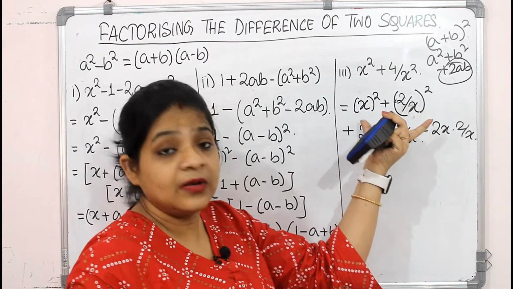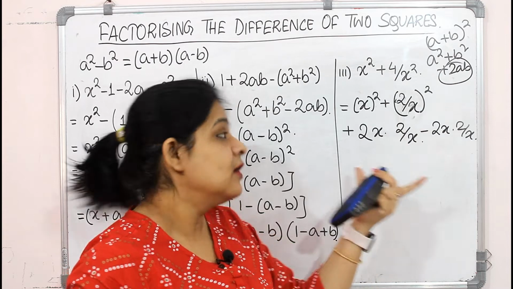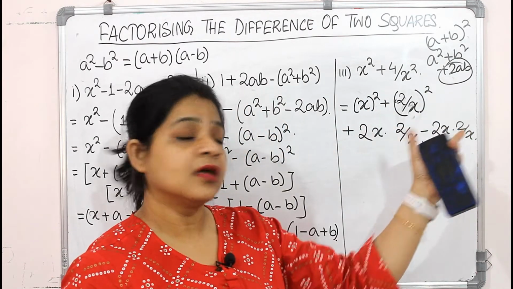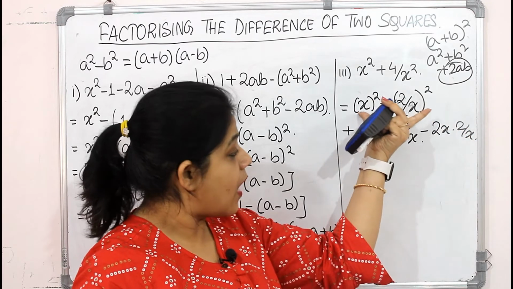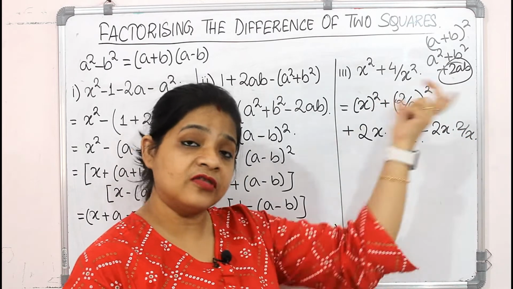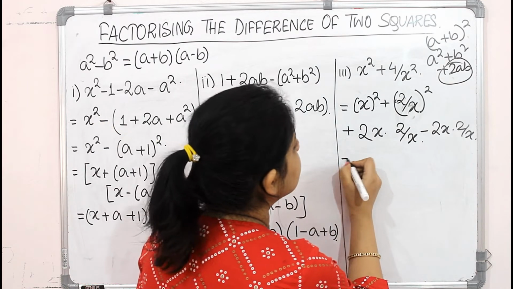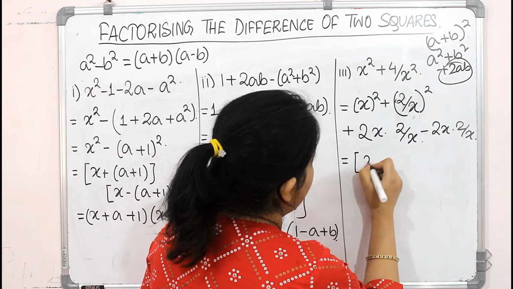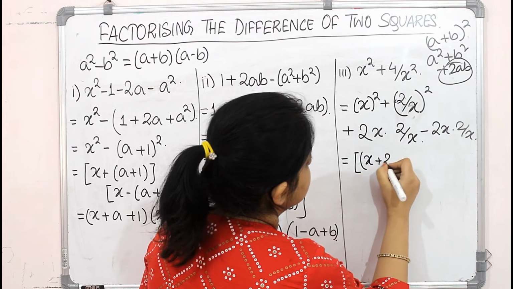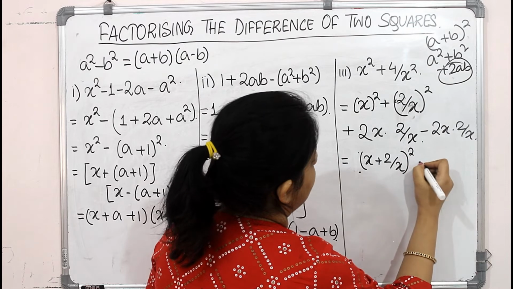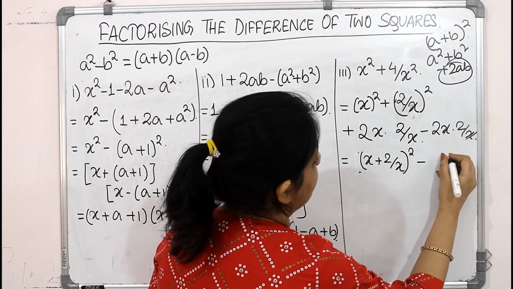So ultimately we will be left with this expression, right? So you have to subtract this with this so that you have the original term along with you. So this becomes x plus 2 by x whole square minus 2,